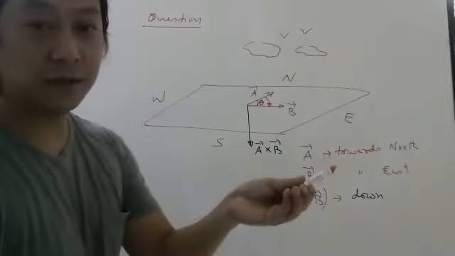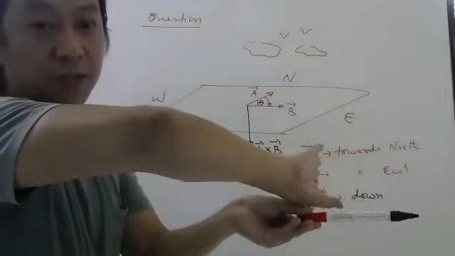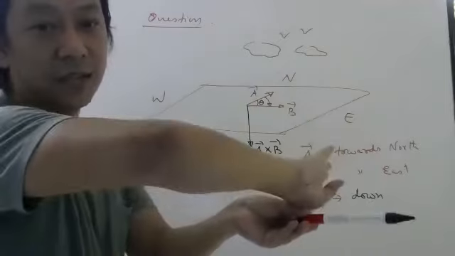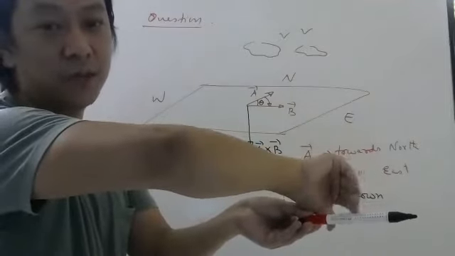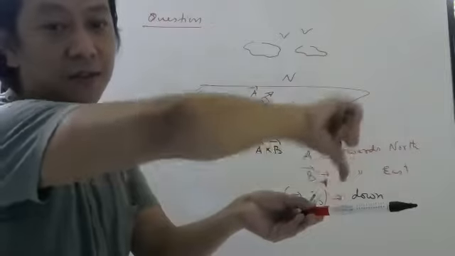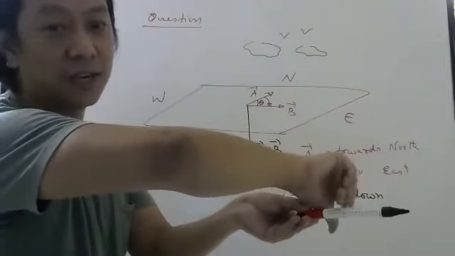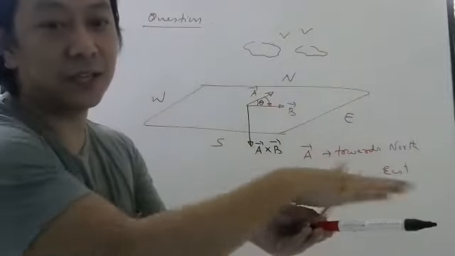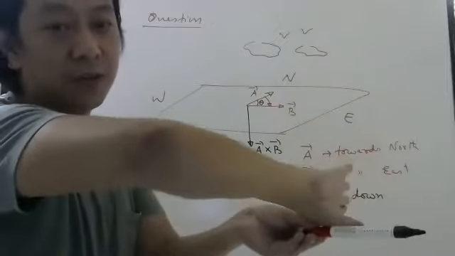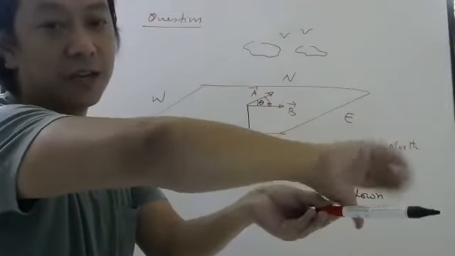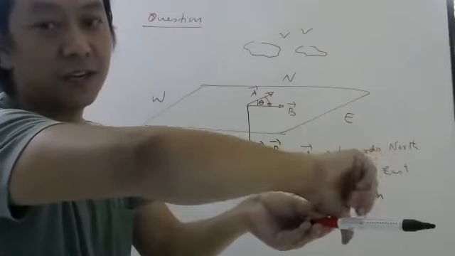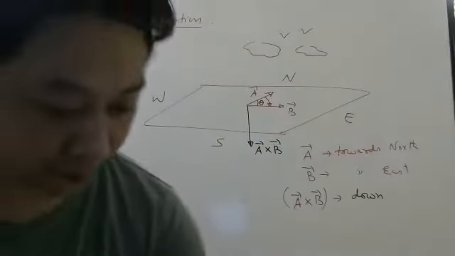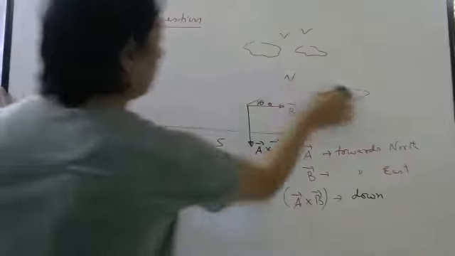A is here, B is here, you rotate your fingers from A to B through this smaller angle, and the thumb will be down. Fingers will rotate like this. So the rotation should always be in the plane. Thumb will be perpendicular to the plane. Okay, students? I hope this diagram, whatever I am showing, is clear. Is it clear or not? Like this, later on, you will study more.